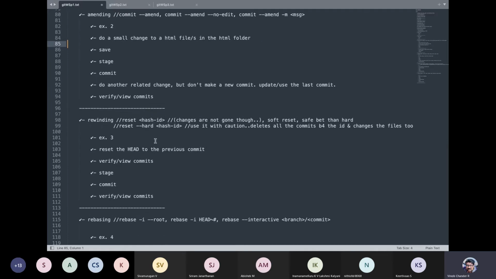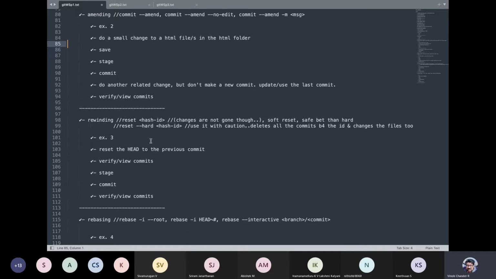And then rewinding. What is rewinding, guys? Rewinding is essentially either a soft reset or a hard reset. Depending upon your requirement, you might want to do a soft reset, or if you know what you're doing, a hard reset.